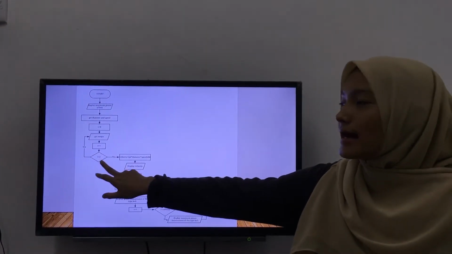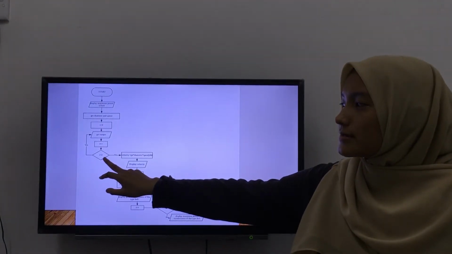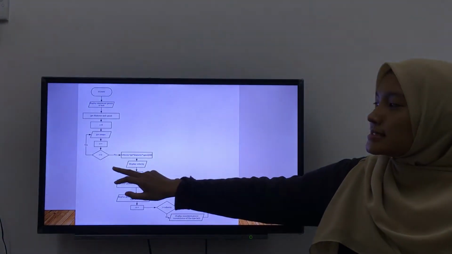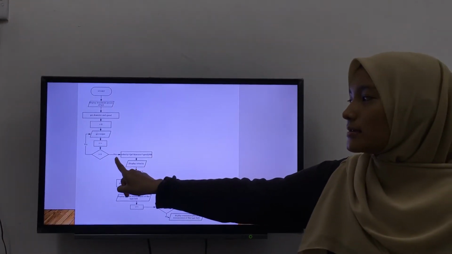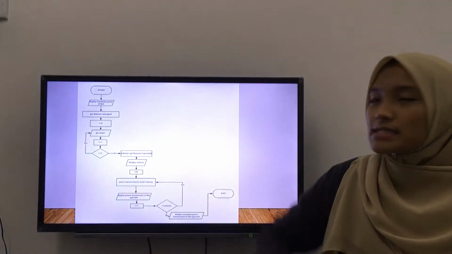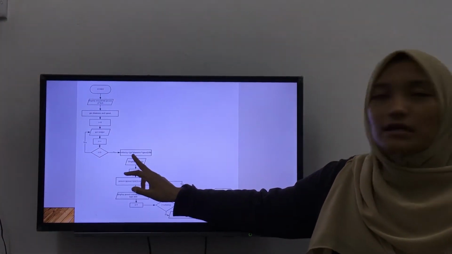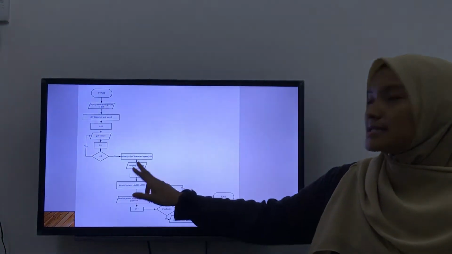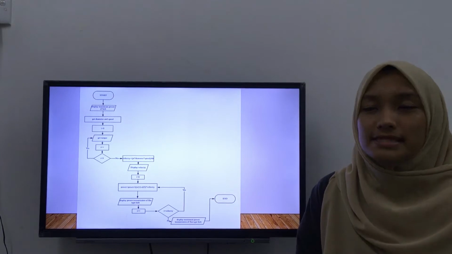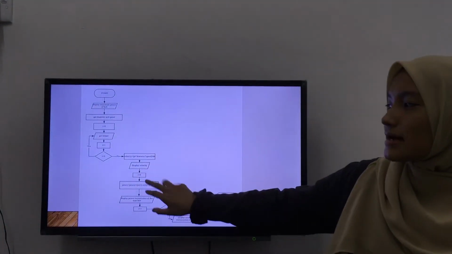When I is decreased from 3, it will loop and loop and loop until it becomes less than 3. After it becomes less than 3, it will go to the formula of velocity as I stated before, where the velocity is pi multiplied by diameter multiplied by speed and divided by 16. Next I will display